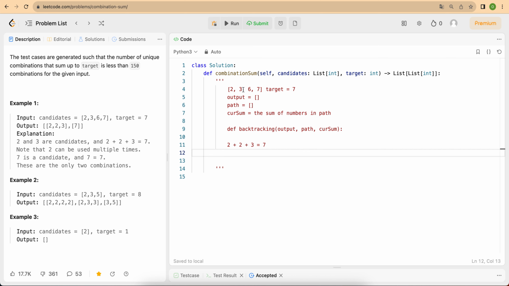Here I want to say, when you start picking the second number, you start from 3, and here you should be very careful. The next number you pick from the array should start from 3 itself. If you pick the number from 2, that will create a duplicated combination, right? Like if you pick 3 first, then you pick 2,